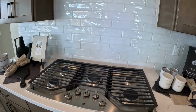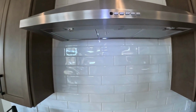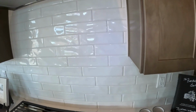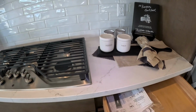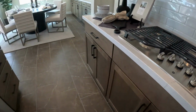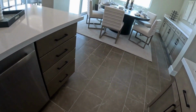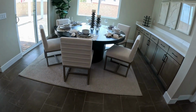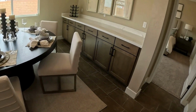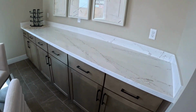Again, your tile backsplash, 5-burner gas stove, and including a pyramid hood as well. Soft close. You have your dishwasher, and then in this area you have your dining room nook, also with built-in cabinets as well. So quite an ideal amount of space for storage,